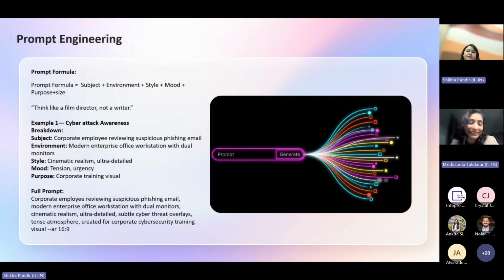And I think the example that you just used, Shikha, about cybersecurity, probably once upon a time, and that for me means probably a year ago, right? If I just say create a cybersecurity image as an example, what would it typically give me? It'll probably give me something very typical, right?